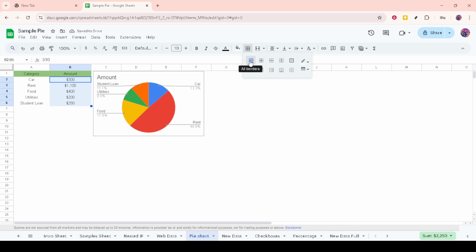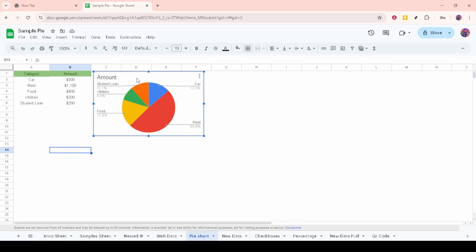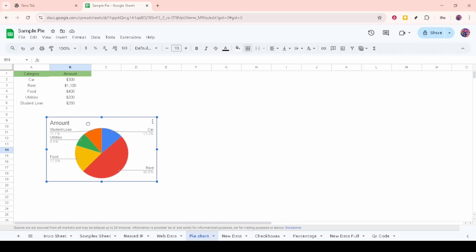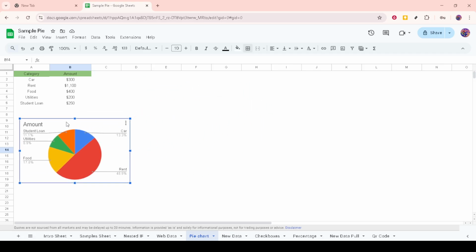Lastly, click on the All Borders option within the border settings. This applies your chosen white borders to your selected cells, rendering them invisible against the backdrop of your document. Voila! With these simple steps, your spreadsheet now looks pristine, tailored precisely to fit your stylistic preference. And there you have it. You've successfully learned how to remove grid lines in Google Sheets, either for the entire sheet or just for a specific area.